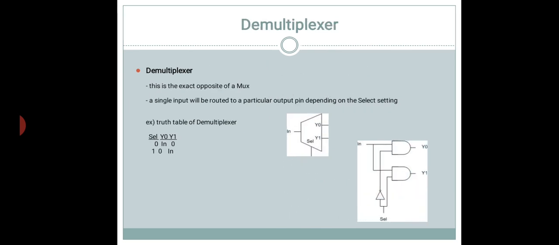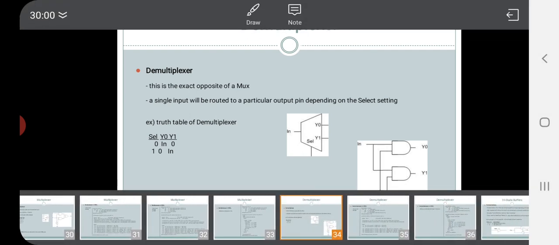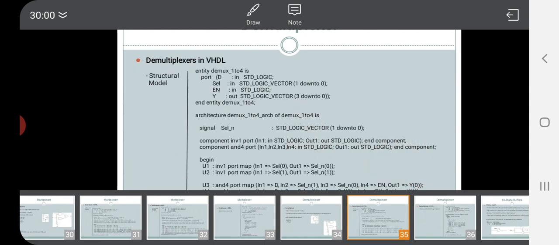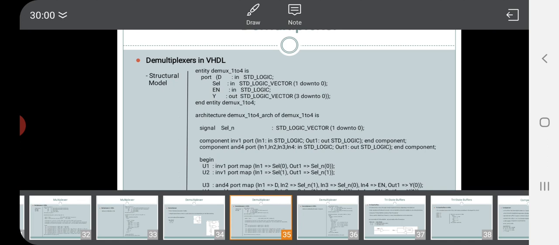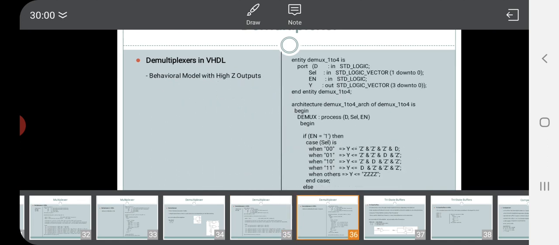This is a multiplexer. The functionality of the multiplexer we have seen: it is multi-input, single output. Exactly the reverse is applicable in the case of a demultiplexer, which has a single input and multiple outputs. A structural or gate diagram is also represented for the multiplexer. In order to implement this multiplexer, we can use structural modeling, that is by initializing the component statement. Then we can implement it by using behavioral modeling, which can be done with the help of process and case statements.